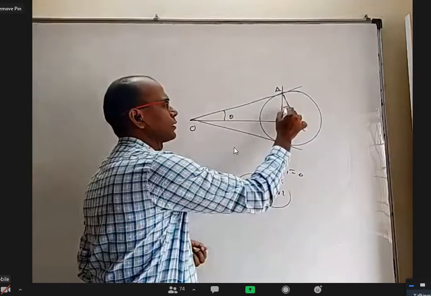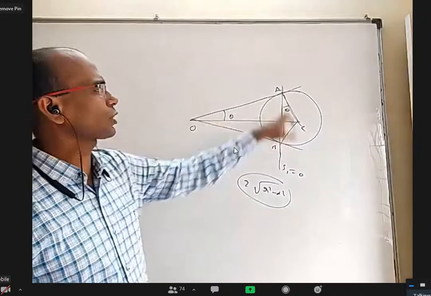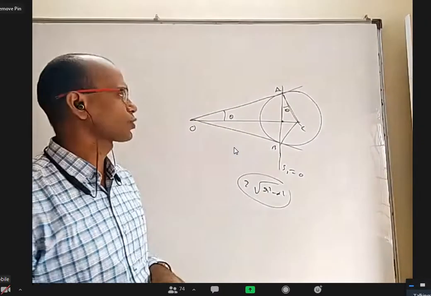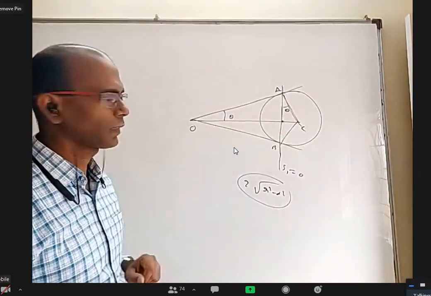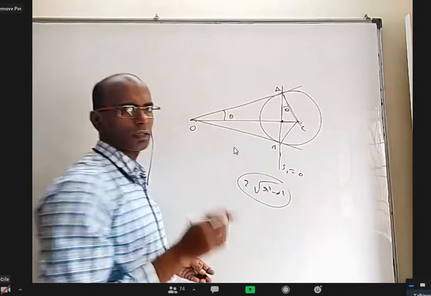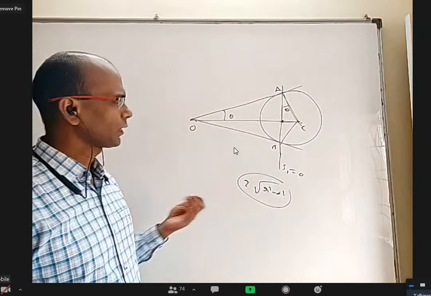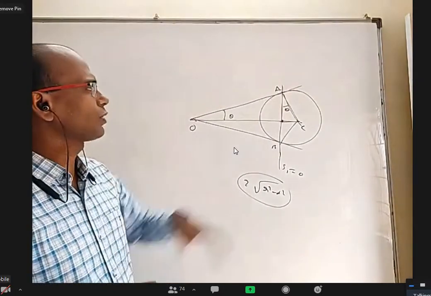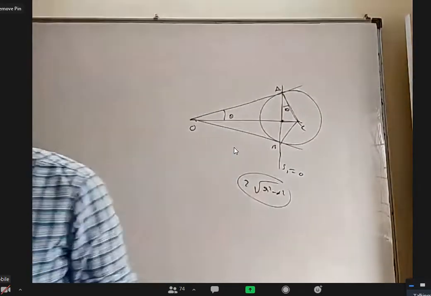I can find this length simply from the triangle because I may know the hypotenuse or I know this angle theta. So basically in this triangle, you know at least two sides for sure. One is the radius, one is this. And if you want, you can even find this length because this length into this length is r square. While discussing inverse points, we discussed this. Apart from that, the standard rule, if you want to find the length of a chord, is 2 root r square minus d square.